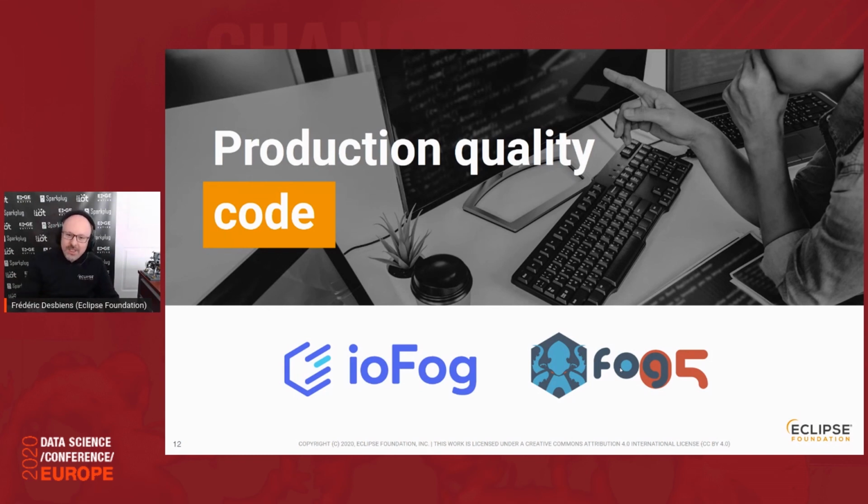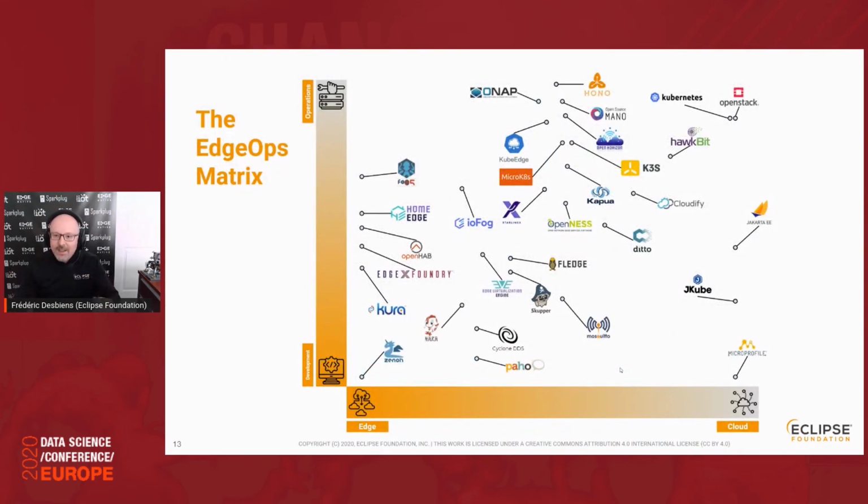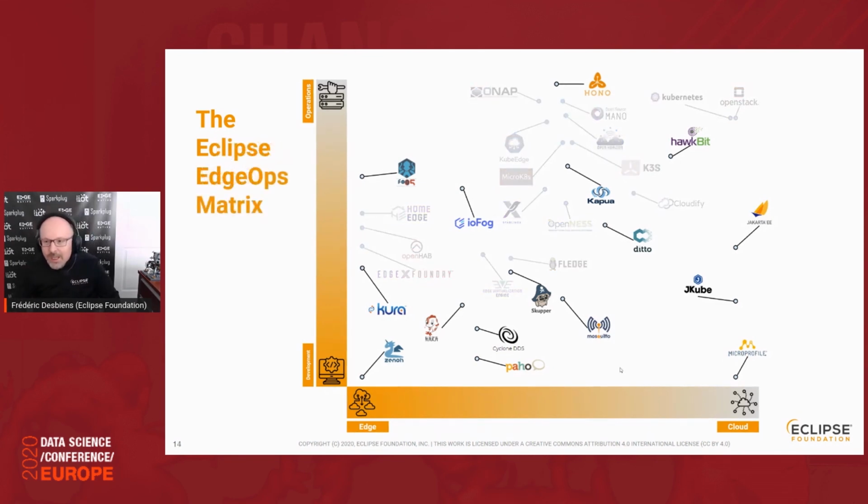So if you care about Kubernetes and want to really scale down at the edge, then both Eclipse IO Fog and Eclipse Fog OS, it's written Fog 05, but it's pronounced Fog OS. So both platforms can be used right away. And when you look at the wider Edge ecosystem, you see there are many, many projects. But when you look at what we have at Eclipse, not just IO Fog and Fog OS, but all of the other